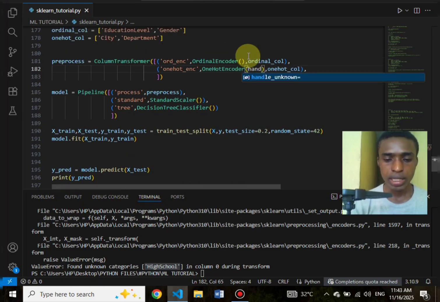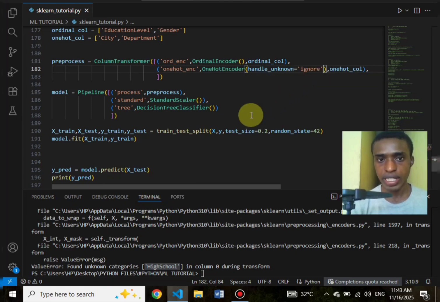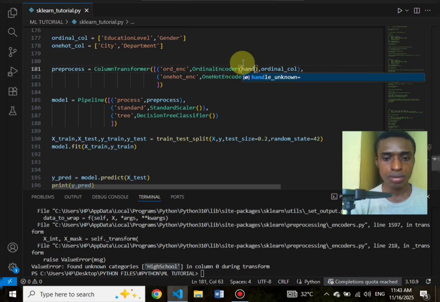So we can actually set that. I think that should handle unknown for the one hot encoder. It's basically simple. You can set it to ignore, simple as that. Set it as ignore, so it's going to ignore that. And the ordinal encoder also has handle unknown. Out of the handling of the unknown, there's also